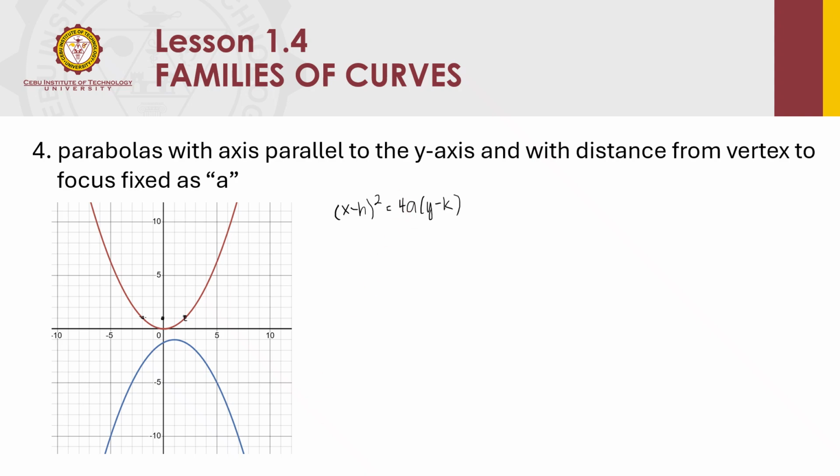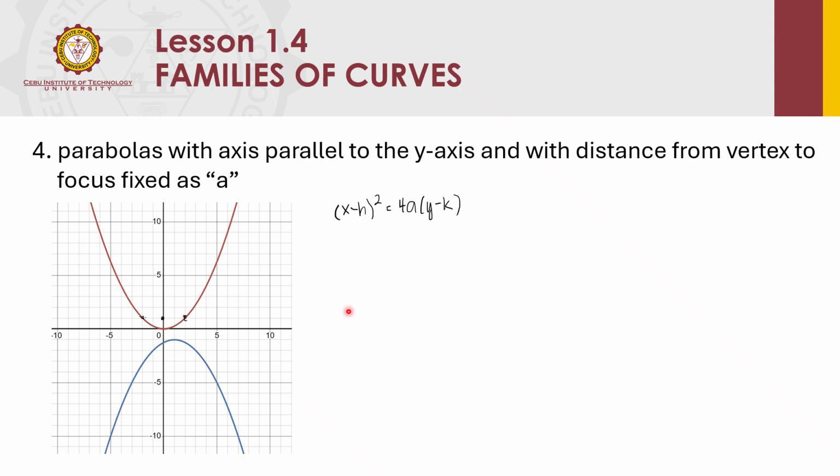But the value of a, if a parabola is opening downward, is negative. It's below the vertex, so the negative sign in the standard equation and a's location, which is below the vertex, make it so the negative signs are cancelled. So the final standard equation represents all the parabolas for this family. Okay, so it's this standard equation.